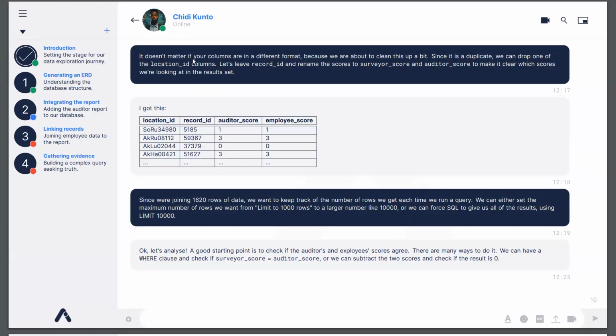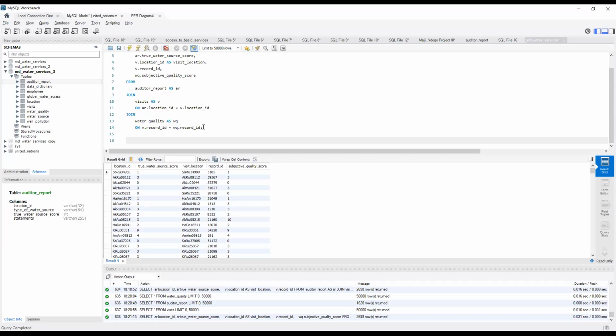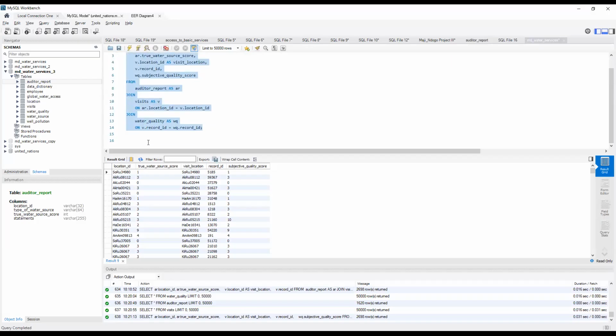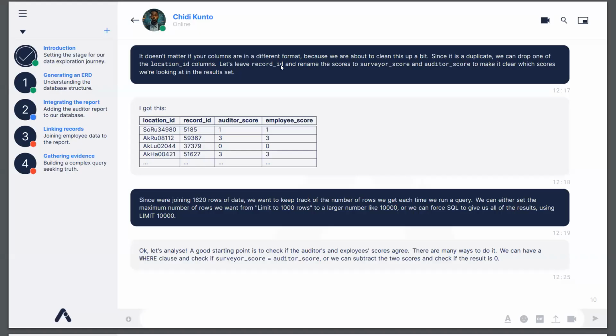It doesn't matter if your columns are in a different format because we are about to clean this up a bit. Since it is a duplicate, we can drop one of the location ID columns. Let's leave record ID and rename the scores to surveyor score and auditor score to make it clear which scores we are looking at in the results set. So to do this, let me copy everything here and then just give a comment to know what we are coming to do next. So cleaning up,